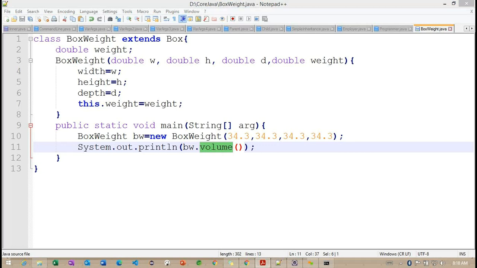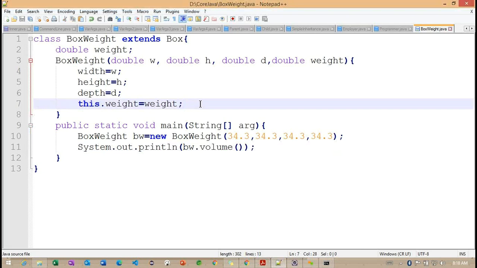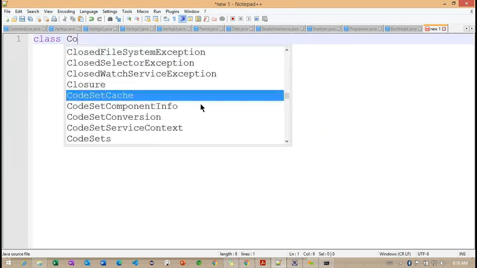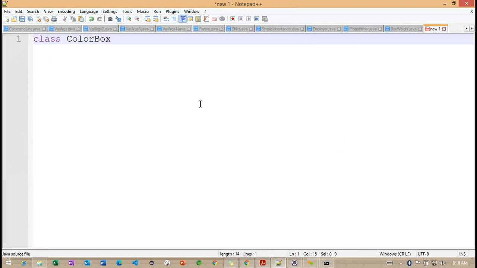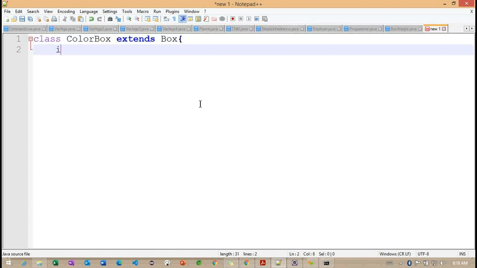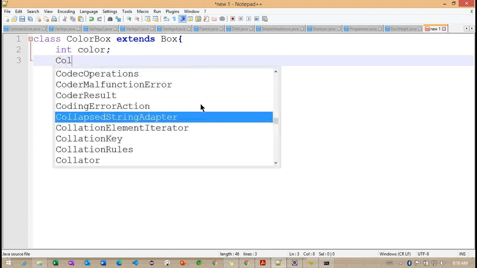Okay. If you don't have anything, let's say I'm going to work with one more example here. Here I want to check with color box. And this color box is extending from our box class. And I'm providing one variable called color.